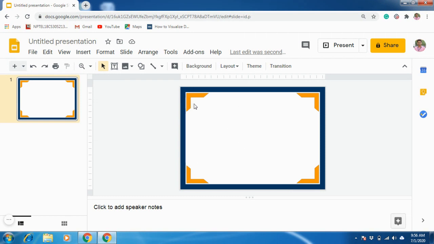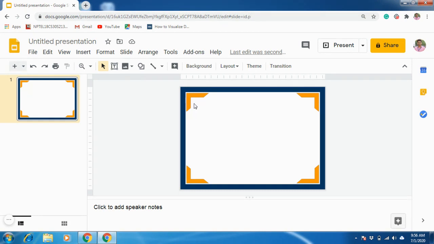Because when you are creating your certificate, with text and images and everything, if you are keeping these particular frames in the slide itself, sometimes they will be moving here and there, and that will be a disturbance to you.